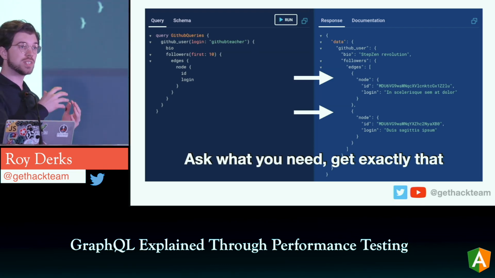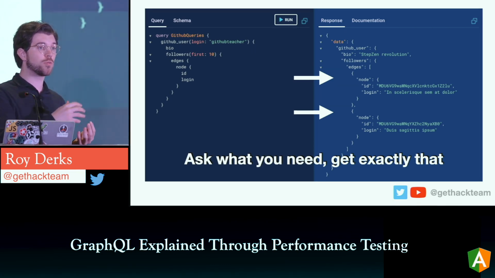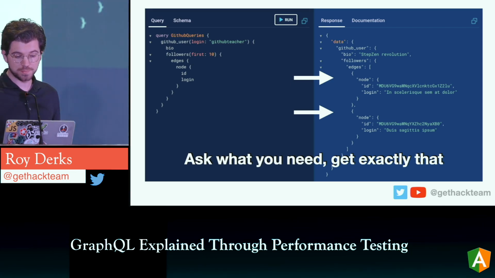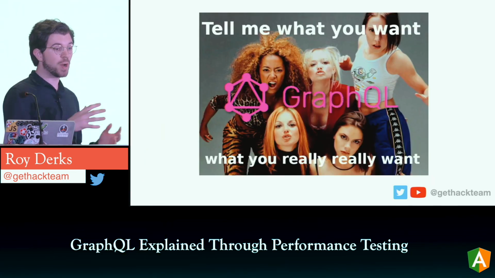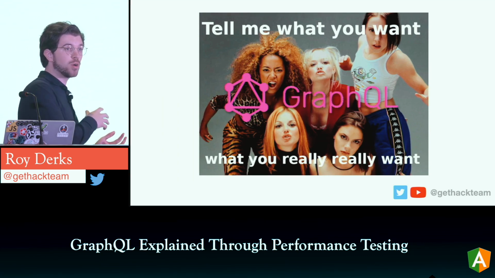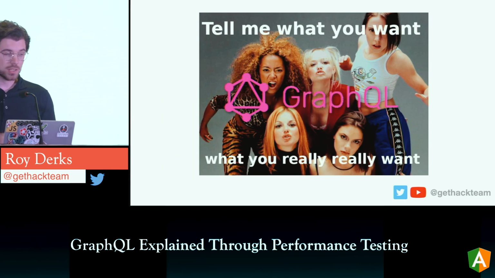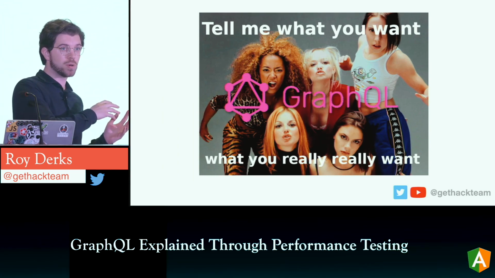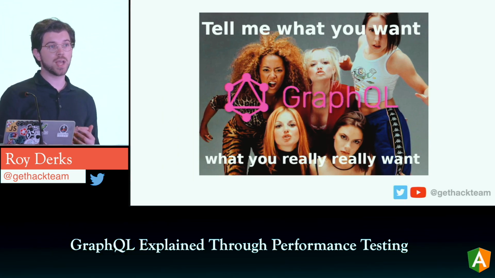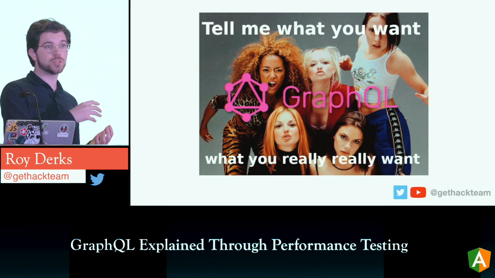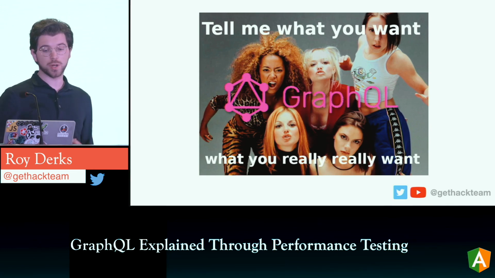Before even sending your request, you already know what format your data will have, which is one of the great features that GraphQL has. And it also reminds me of the Spice Girls song. If you tell GraphQL what you really want, you're going to be getting exactly that data. So if you're looking at a GraphQL query, you can already get a sense of the data it's returning. And this is convenient if you're building your front-end app. Without even sending a request, you know which fields you should add in the UI you're rendering.